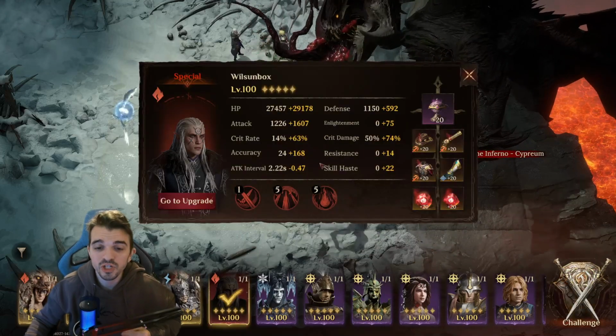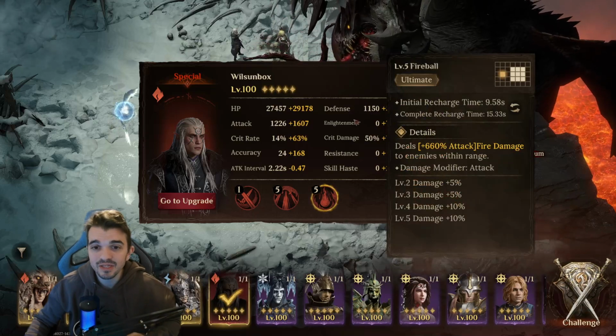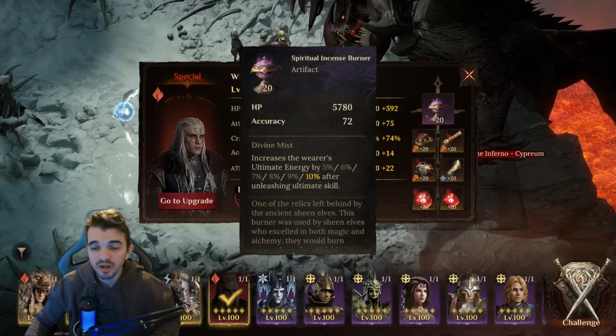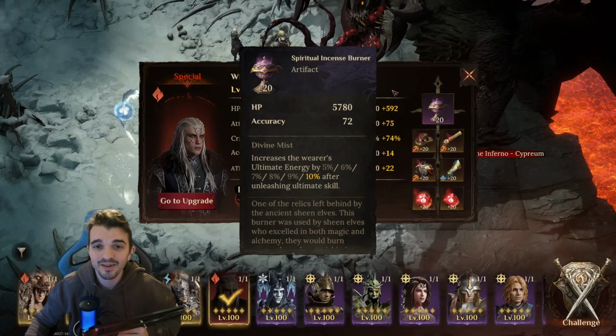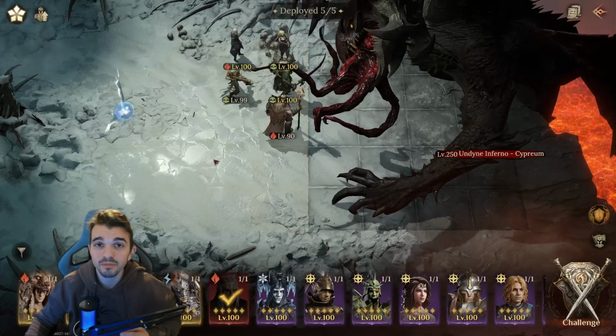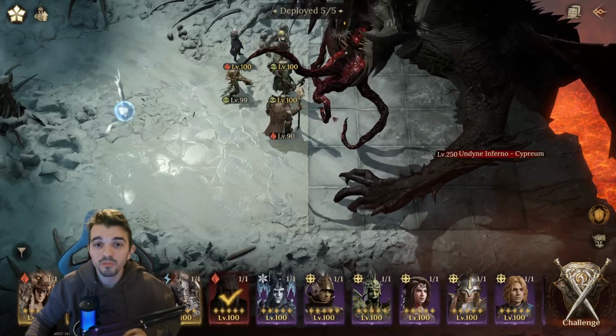Then I have the Traveler, which is very important here. His ultimate takes 15.33 seconds to cast. So I'm using this artifact. I'm sure after he casts his ultimate, this is gonna reduce his ultimate time, and I think it will be less than 15.33. So it means he's gonna be able to cast his ultimate twice while this boss is doing a